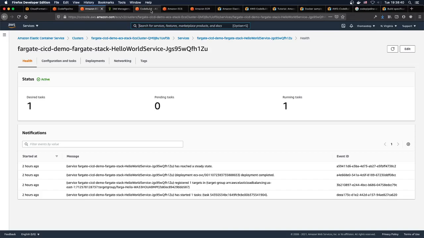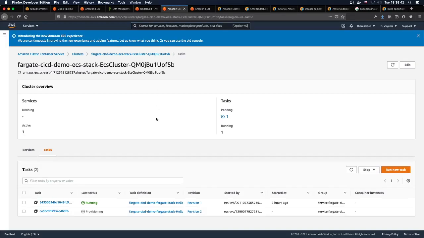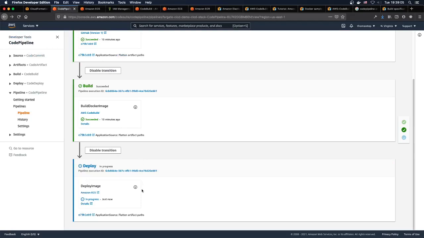But these templates need work before they're production ready. The IAM roles and whatnot, but they're meant to get you off the ground quickly, and that's it. That's the main goal. Okay, so that aside, we are actually now deploying